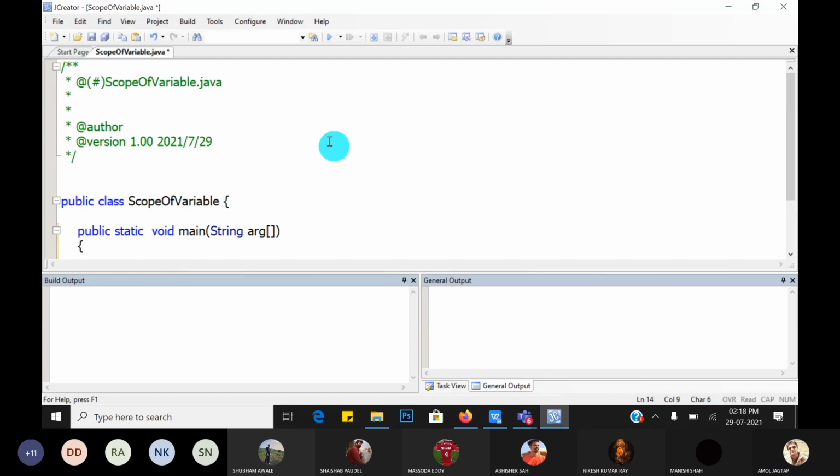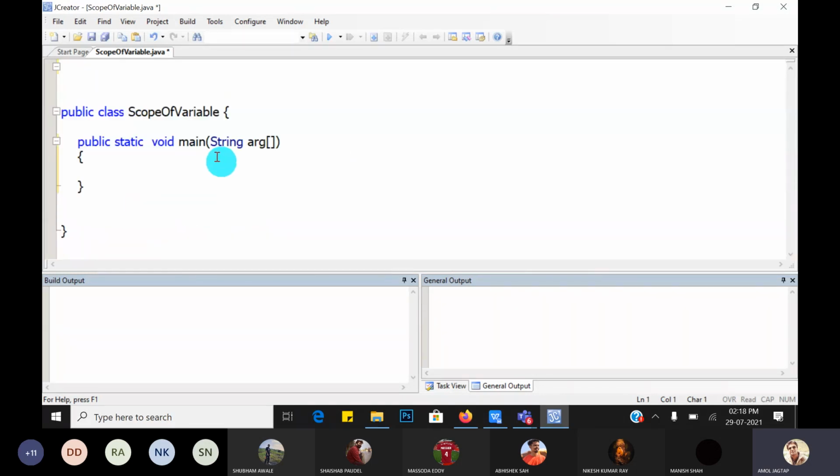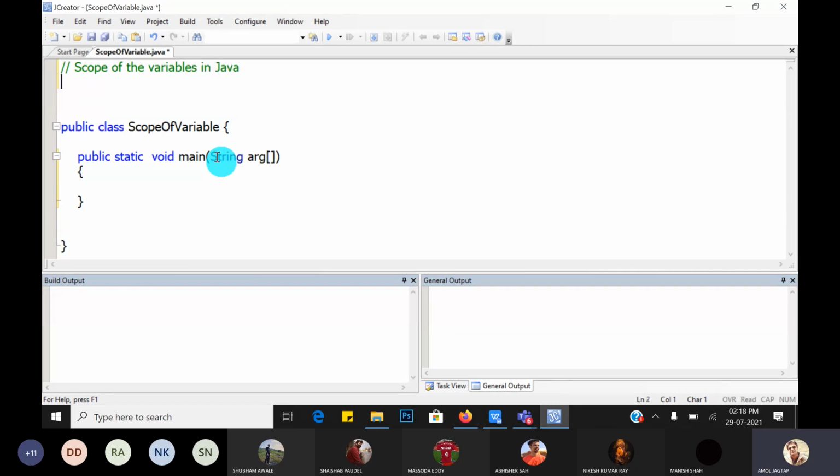Great. So I will explain the first concept, that is the scope of the variable in Java. Basically there are three different types of variable scope.